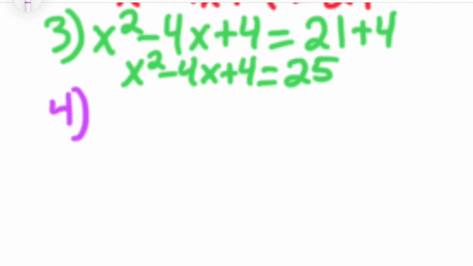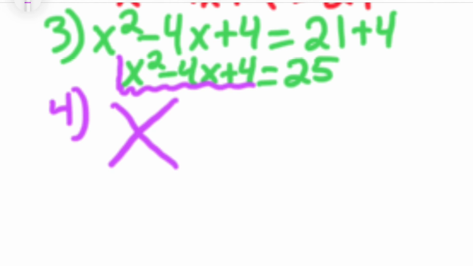Step 4. Step 4 is only focused on this left side. We want to factor it. So to factor it, we're going to ask ourselves, is there a GCF? No, there is not a GCF. Does our a equal 1? Yes, our a is right there. So we can go straight into our big X method. b goes on the left, c goes on the right,